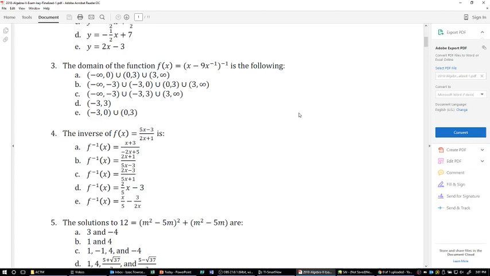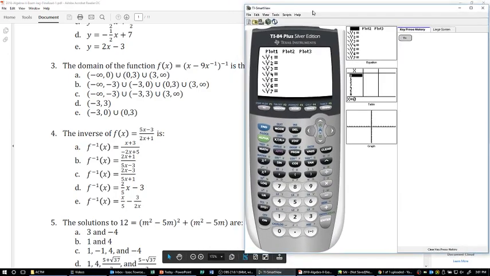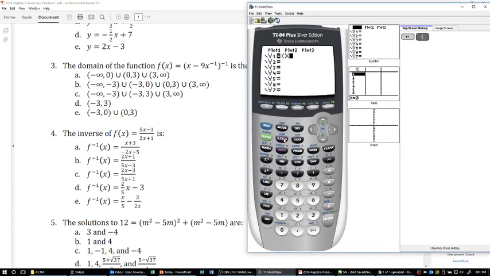Question number 3 wants us to define the domain of this function, and it gives us some choices here. So just for the interest of time, what I would probably do is go ahead and try to graph this in my calculator. So if you go to the graph screen and type it in as it says,